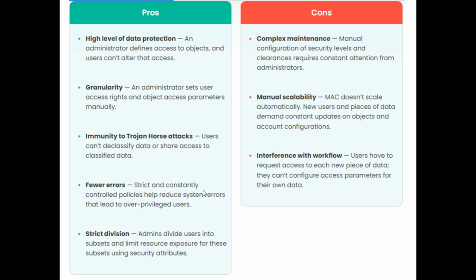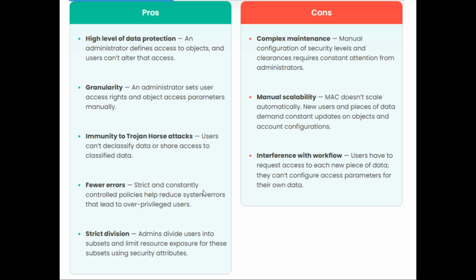As things are manual, once a new user requests access based on their requirement and their level, the administrator will decide and provide the access to that particular user, and this complete task will be manual. So manual scalability is one of the cons of the MAC method. Interference with workflow. Why is there interference? Because once a user requires some authorization from the administrator, the user needs to request it from the administrator. Administrator will check all the